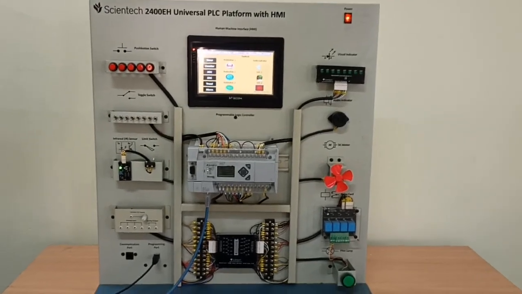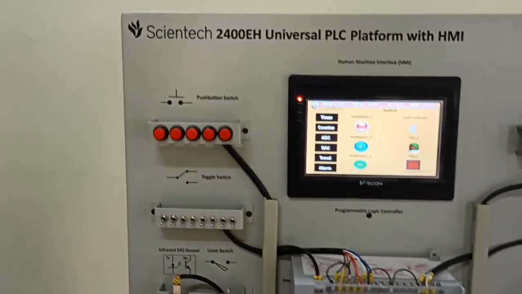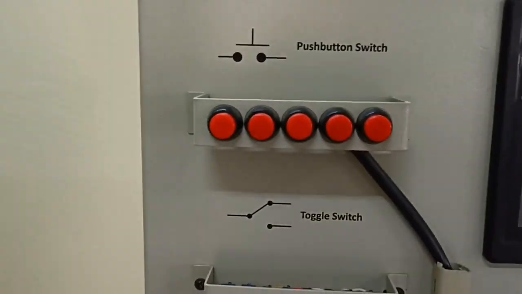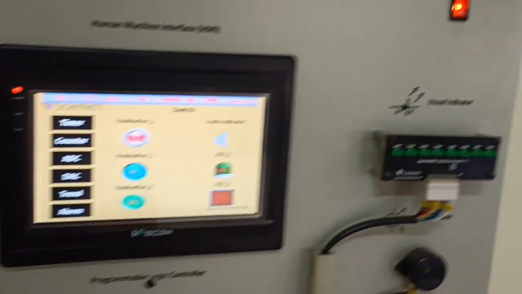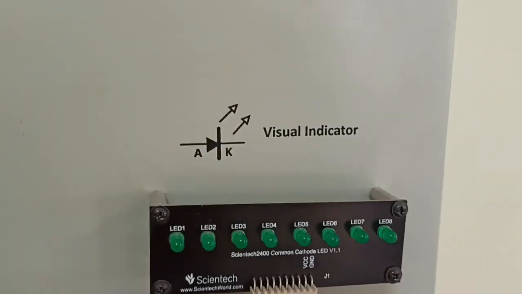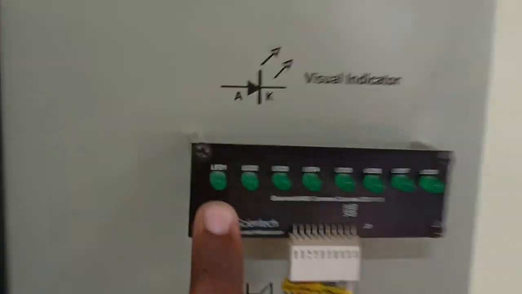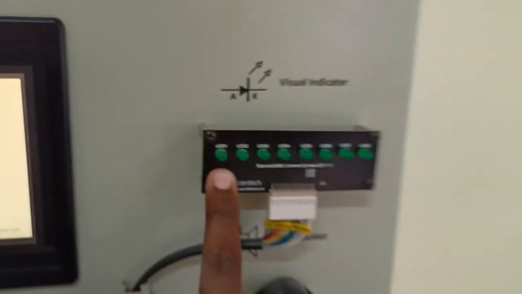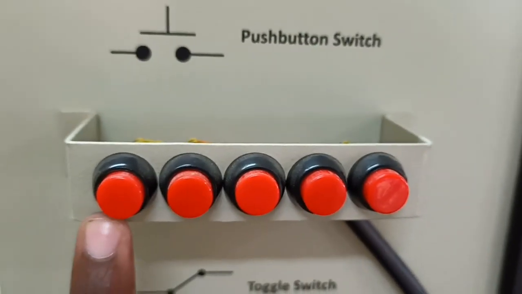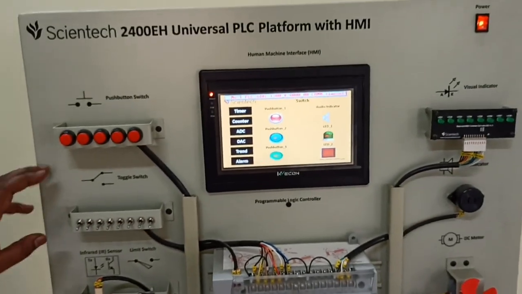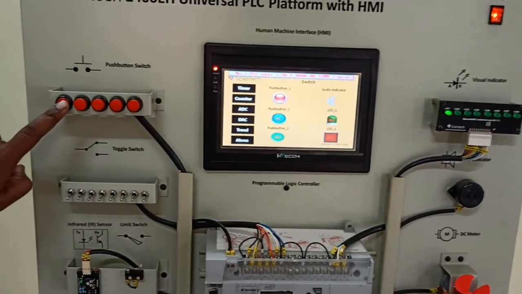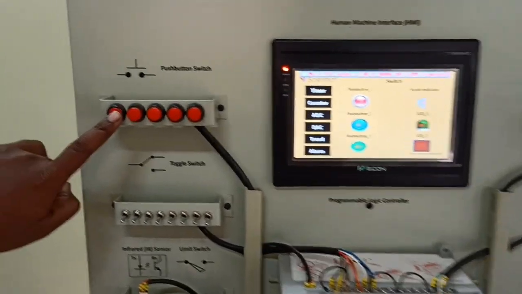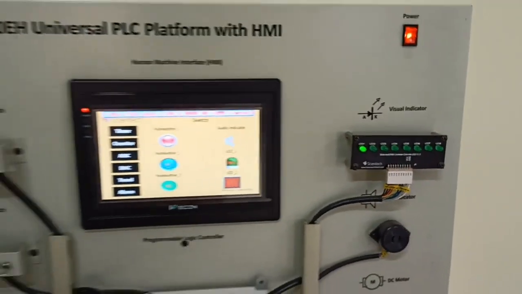This is our panel board. So in our PLC data, I gave the input for push button 1, this is our push button 1, and we have to observe. In the program I gave the output for this LED 1. Look at here, this is LED 1. LED 1 must be operated as output, and push button 1 must be operated as input. Now we will check it. Just operate push button 1. Yes. So I am operating the push button once. Whenever I press push button 1, LED 1 is operated.